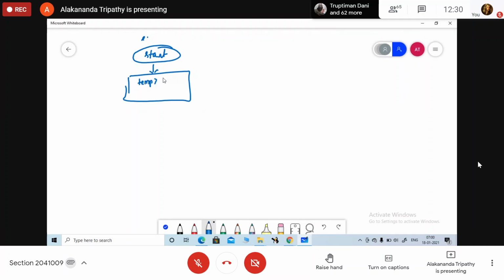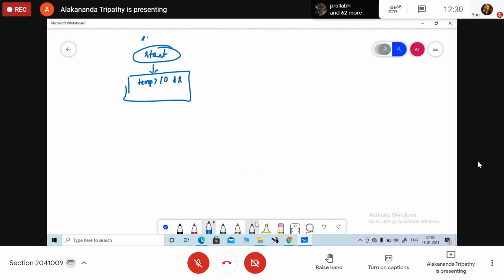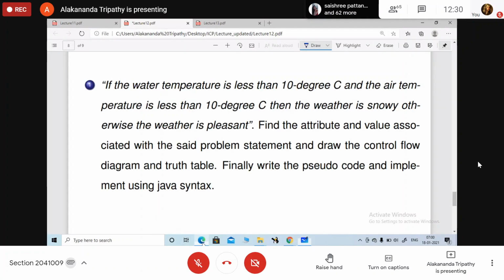It depends, 2 marks. So which is the temperature? What is the temperature here? This is 2 marks. Air temperature is greater than 10 degree. You will get marks in parts, okay? And you will get in different parts, okay?